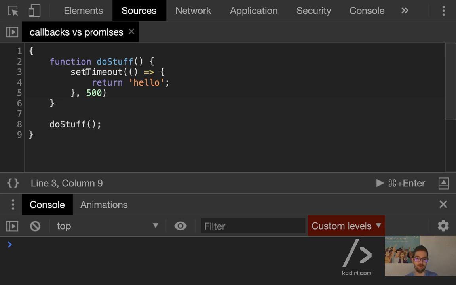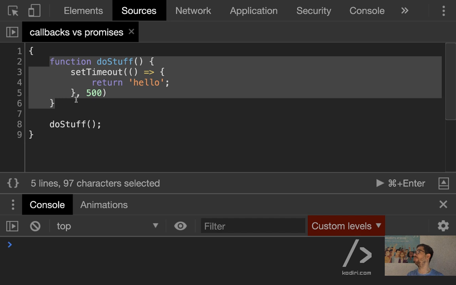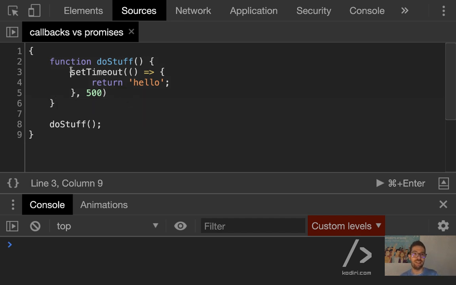And someone may say, do you need to return the set timeout? Yeah, because you are not returning anything, yeah? What is that function returning? Nothing. The function doesn't return anything. So that return is the return statement of the set timeout, but the function itself, I hope you agree, doesn't return anything. Maybe we should put set timeout and do stuff.